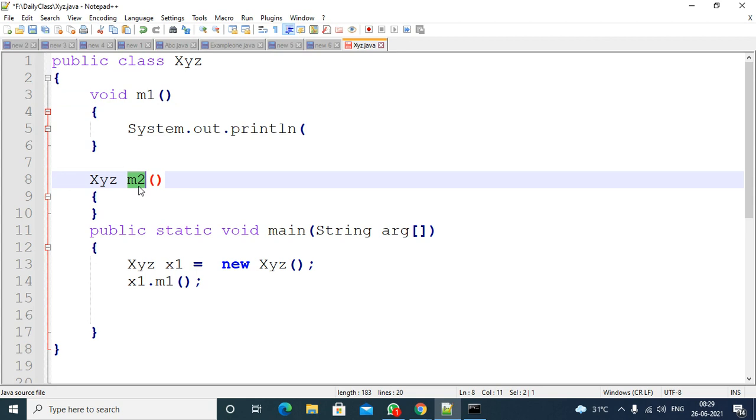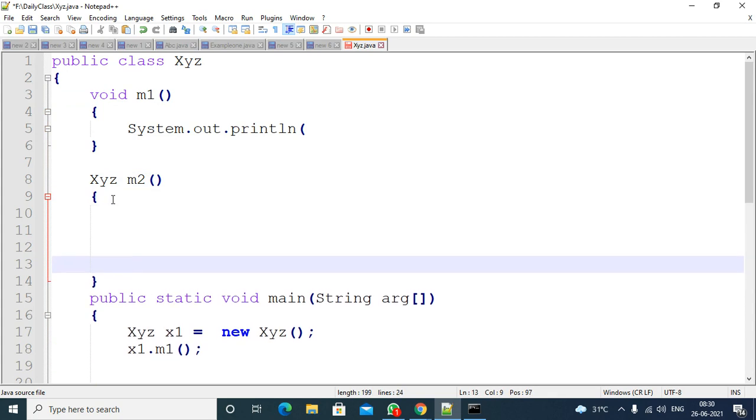The second method, m2 method, has a return type. The return type is not a primitive type, it's a class type and the class is the current class, right? So in this case you must write the return statement. Then what you need to return here we will see.